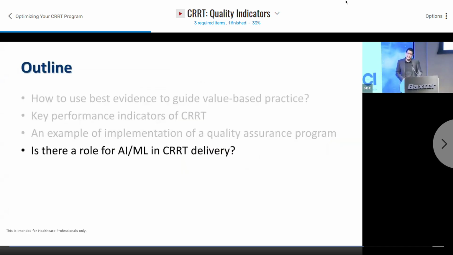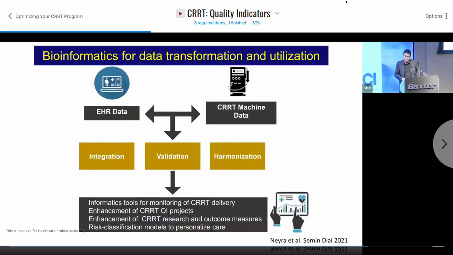And now finally, in the last few minutes, these things become more exciting because now we have better tools to not only use data as aggregated reports to create quality assurance, but also use data that can impact our day-to-day operations. So if we integrate the data from the EHR and the devices, and the problem here is not only the integration, but we need to validate this and create some harmonization across practices, we can create these informatics tools for